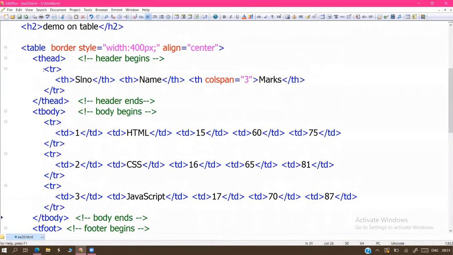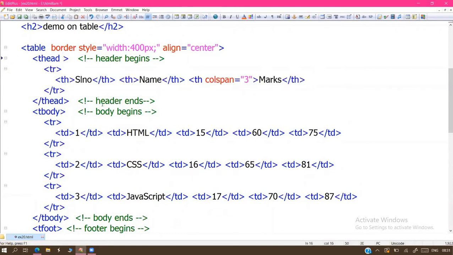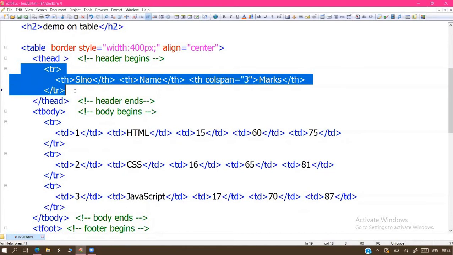Inside the header, suppose a couple of rows are available. You would have to apply the color settings to all rows individually. But instead of that, we can apply it to the thead tag. Whatever settings you apply on the thead tag are automatically applied inside the thead, however much data is available. If you apply any CSS settings or any HTML settings on this thead tag, all of them automatically impact the internal content.